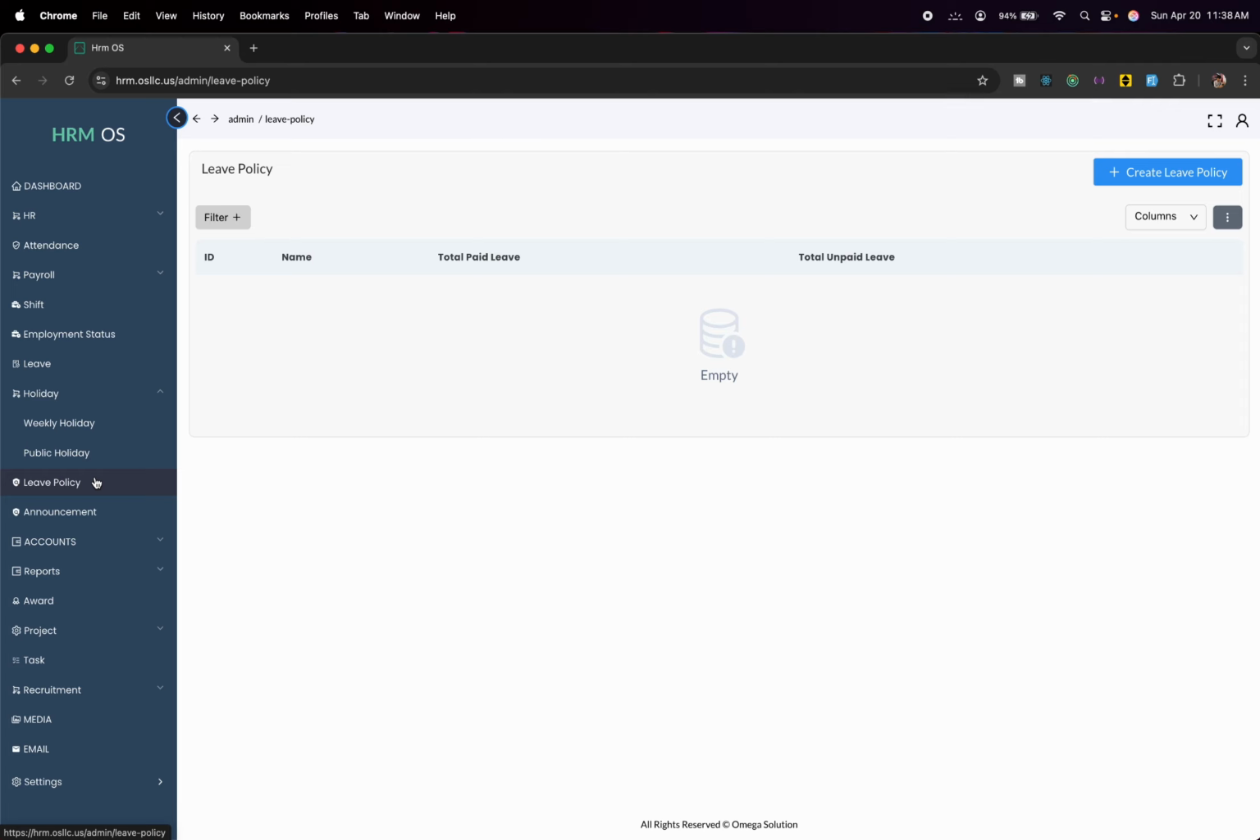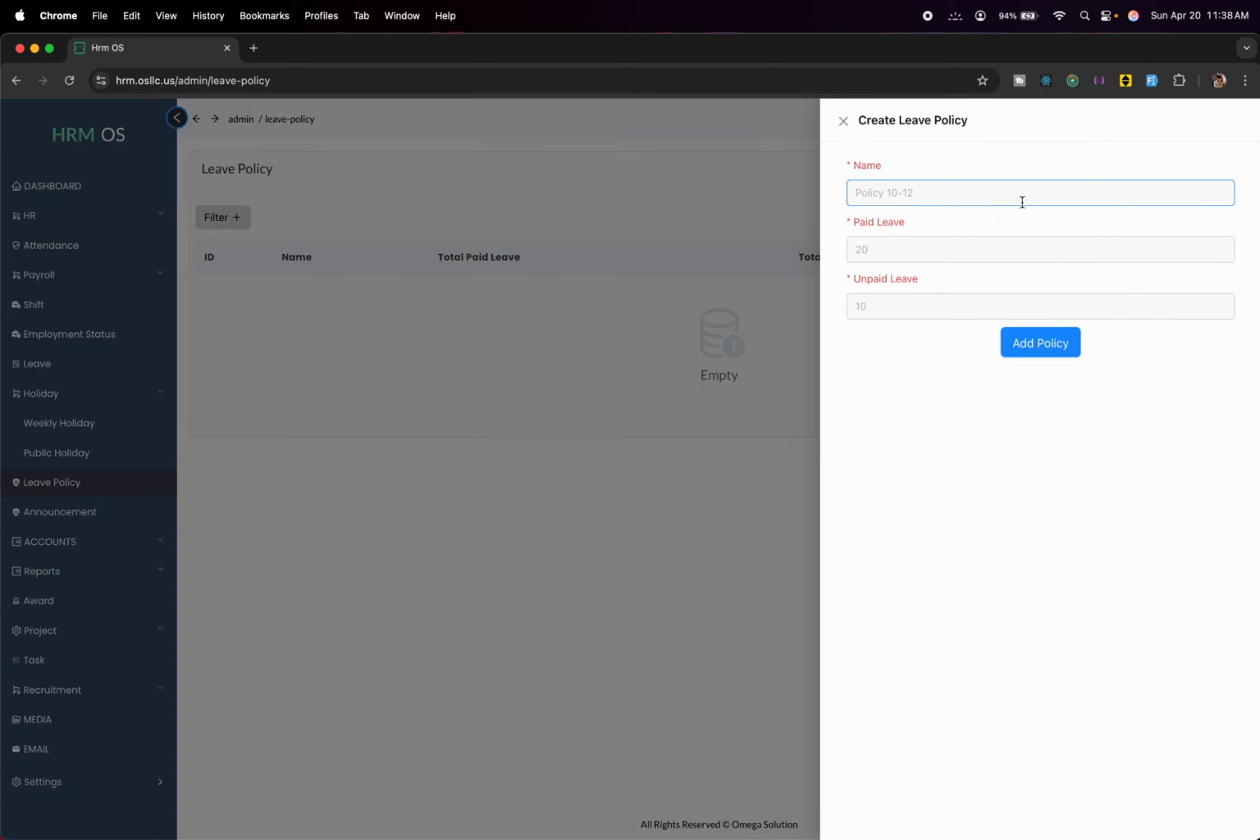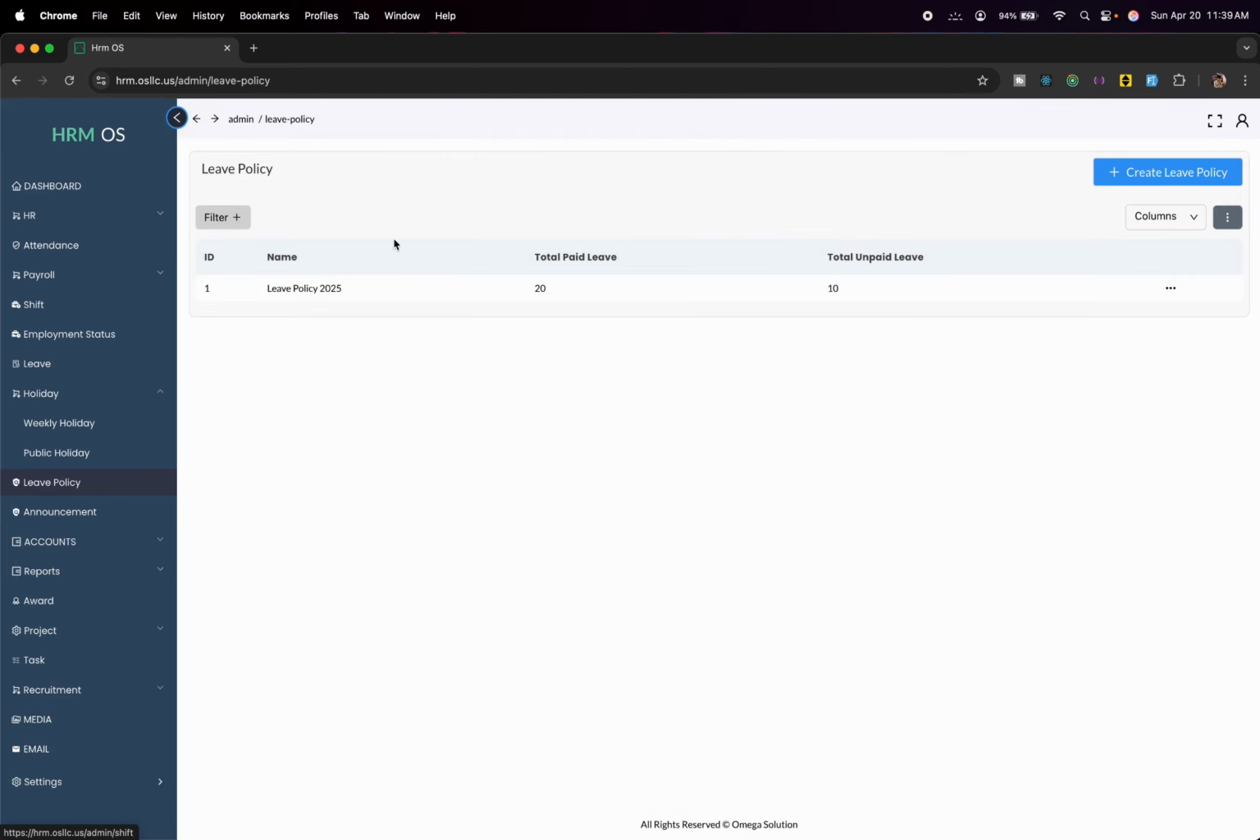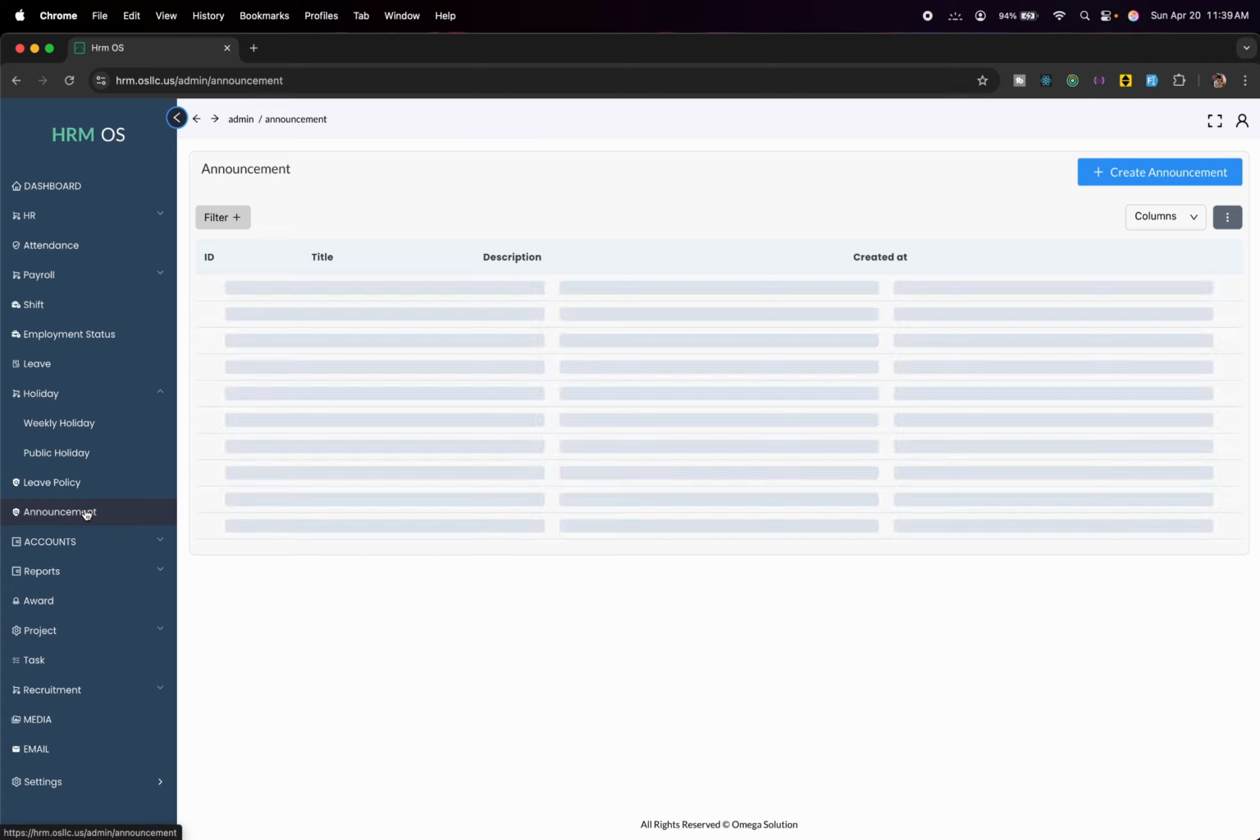And in the next section, there is leave policy, where you can create the leave policy for your company. So let's just say leave policy 2025, where the paid leave will be 20 and unpaid leave will be 10. So there you go, we have created a new leave policy for our company,